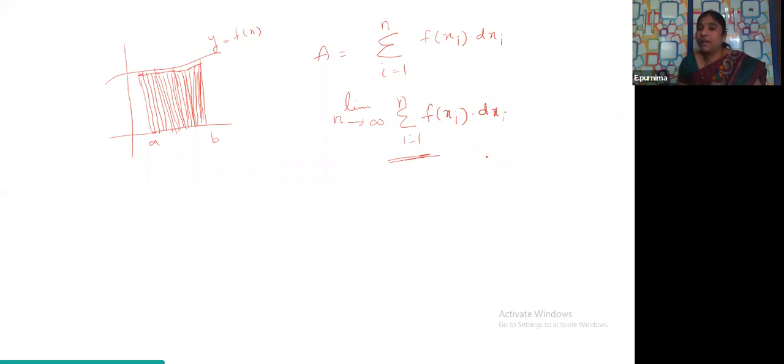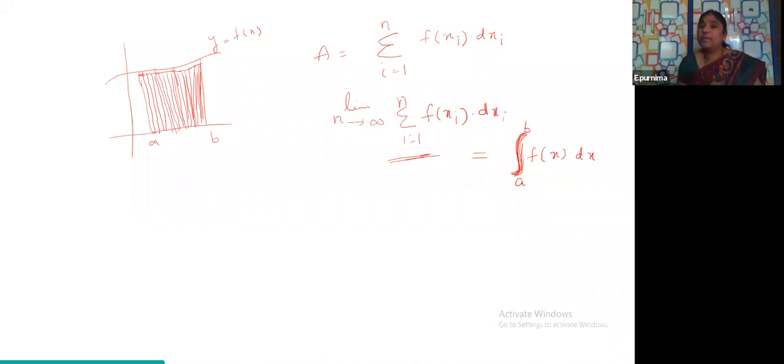So how do we represent this, children? This is represented as the integral from a to b of f of x dx. In general I am writing f of x dx. What is this a to b I am saying here? Because I am taking a certain interval, I am writing a to b. Is it clear, children? See, this symbol is used for integration. It is also a symbol for summation; this is one kind of symbol, and this is another. So this symbol we use for integration.